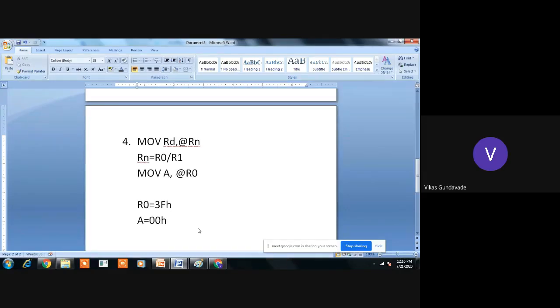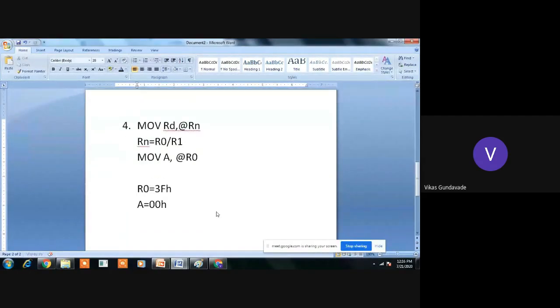So after execution of this instruction, what will happen? Whatever is available in R0, this 3F will be treated as the memory location which has some data, let's say 78h, at the memory location 3Fh.